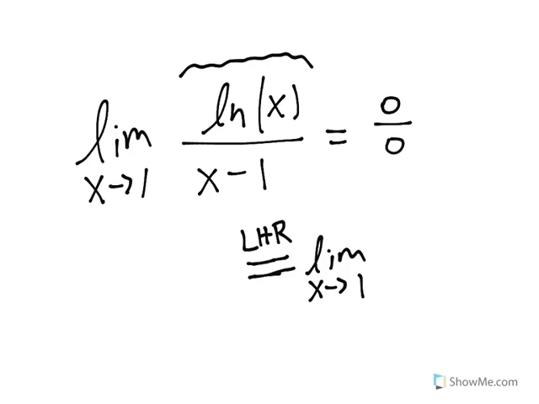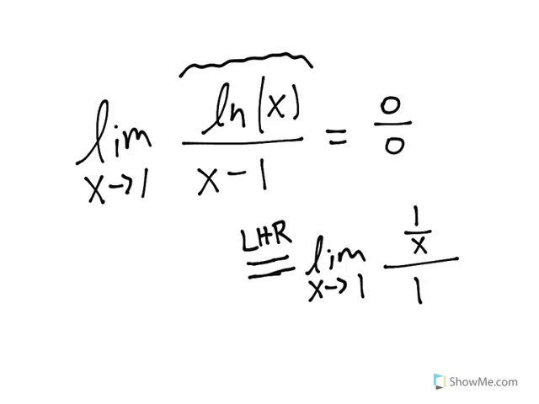Because if I write the limit as x goes to 1 of the natural log of x divided by x minus 1 equals 0 over 0, and then in the next step write equals the limit as x goes to 1 of 1 over x divided by 1, which is the derivative of the top and the derivative of the bottom based on L'Hopital's rule,